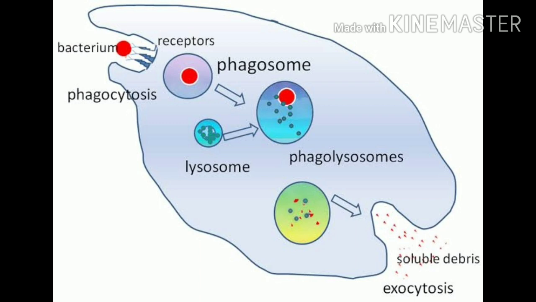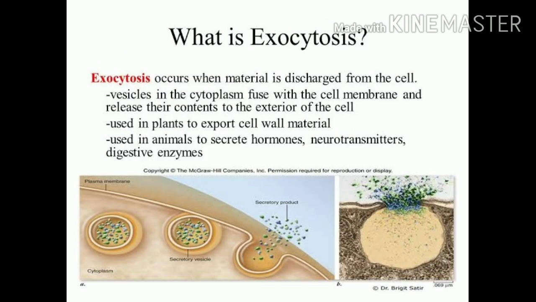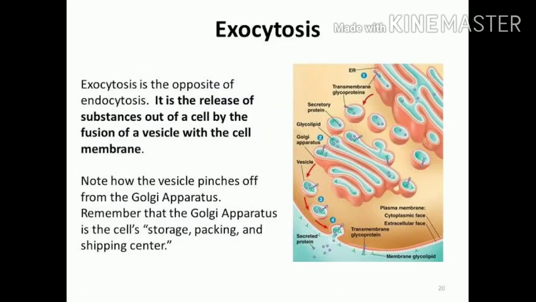The next process is exocytosis, in which substances are eliminated out from the cell. So, it is also called cellular vomiting. The vesicles from Golgi apparatus attach with cell membrane, and membrane of vesicle and cell fuse together to release substance out from the cell. So moving to the next topic, the main basic feature of a plant cell is cell